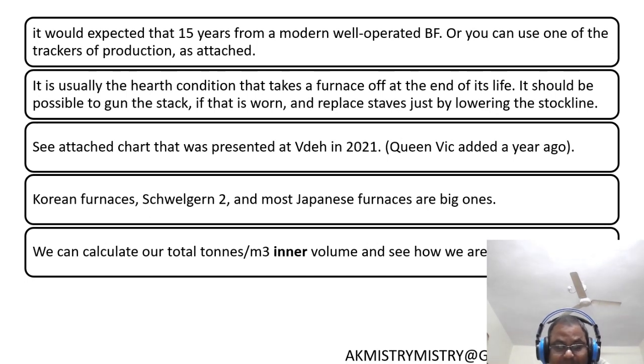In projecting the lifespan of a well-operated blast furnace, it is a reasonable expectation that it could remain in service for approximately 15 years and more. This estimate is based on the historical performance of modern blast furnaces and is corroborated by data from the production trackers as attached. These trackers offer valuable insight into the operational longevity of blast furnaces, providing a practical reference point for furnace